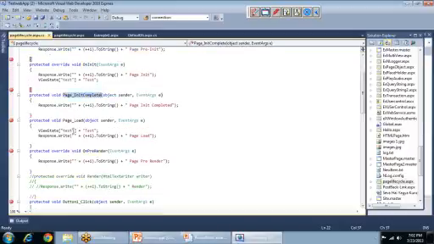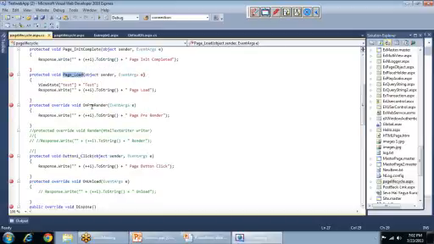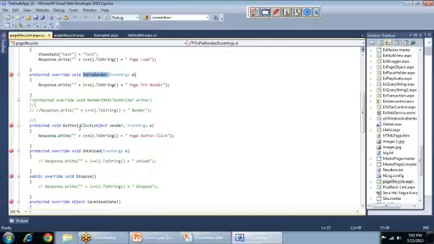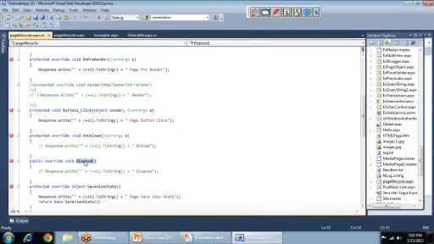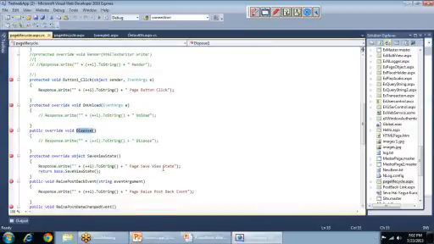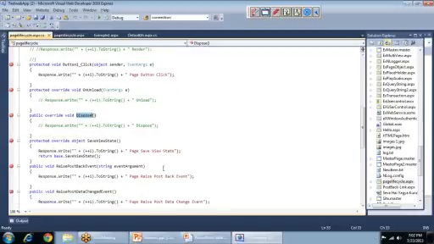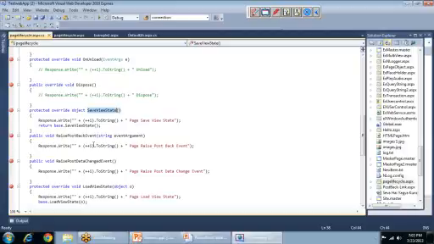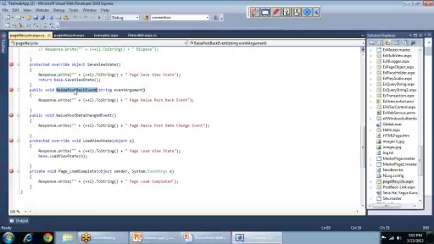We have a button here, so it will not be executed. Unload. After unload, there is a dispose event also which you can use, which is already available in the page. Save view state. These are other events. Whatever stages I have explained, that is part of that stage. Okay, so we can use them as different events.